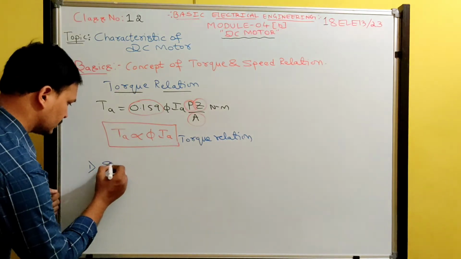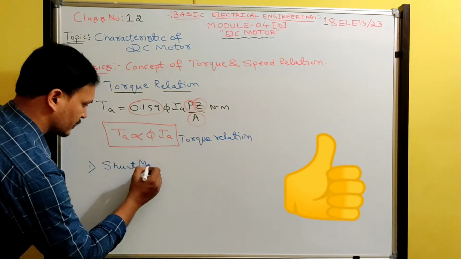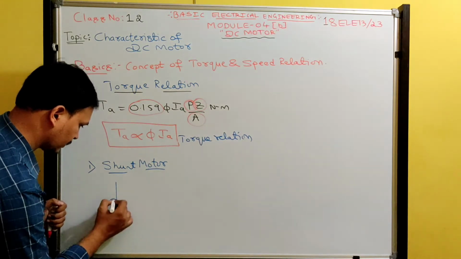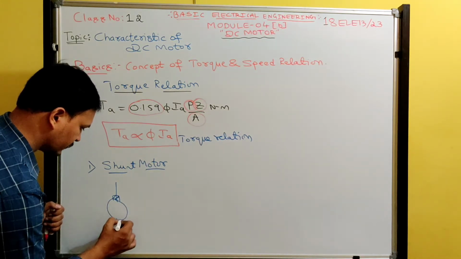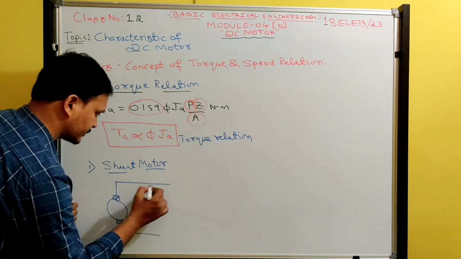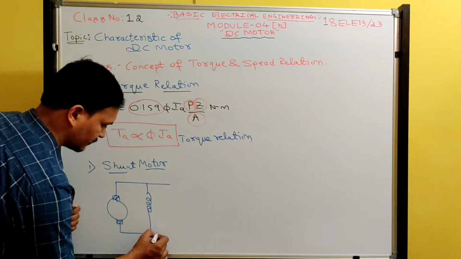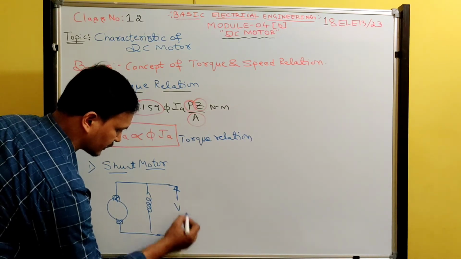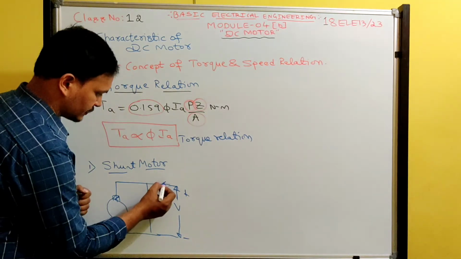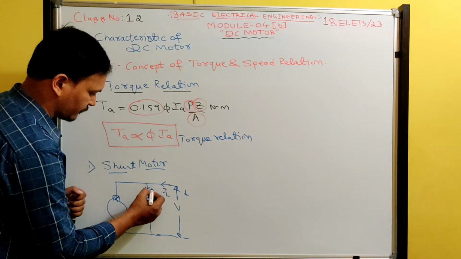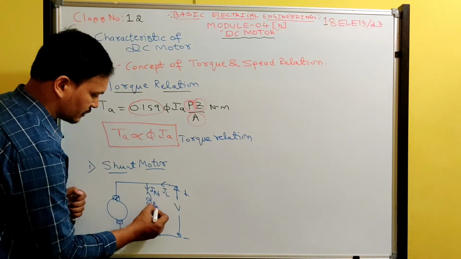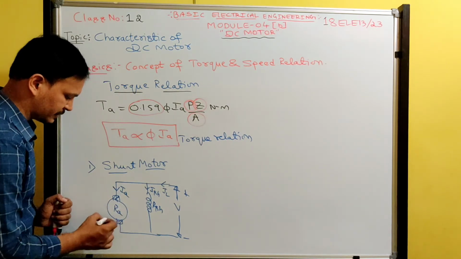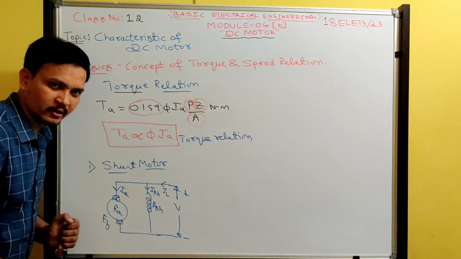First one is the DC shunt motor. In the DC shunt motor, let me draw a diagram only for understanding purposes. This is a shunt field winding and the motor is connected to the supply voltage. It receives some current IL, some current flows in the shunt field winding, that is Ish, and the remaining current flows in the armature. It has resistance Ra, and the motor will develop what? Very good, back EMF.